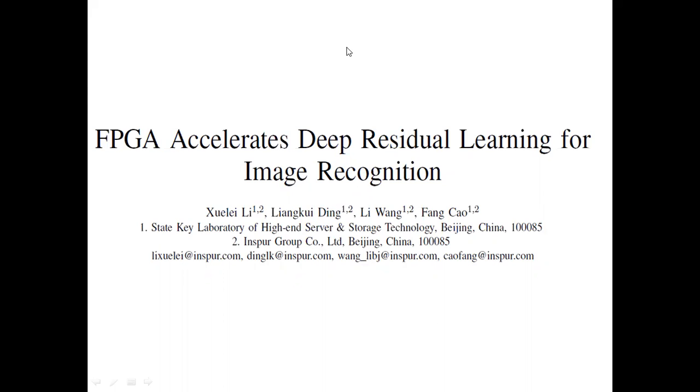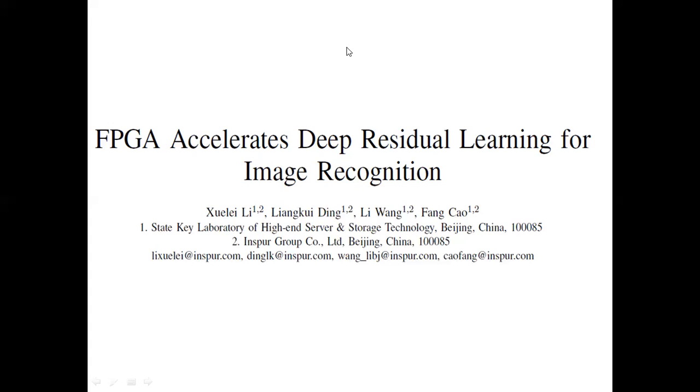The entire research is summarized in the article "FPGA accelerates deep residual learning for image recognition." The research paper itself is well organized and professionally written, and the idea of using FPGA for residual neural network is a really creative idea for an experiment. However, I believe that while the concept sounds cool in theory, the idea will not work in practice.